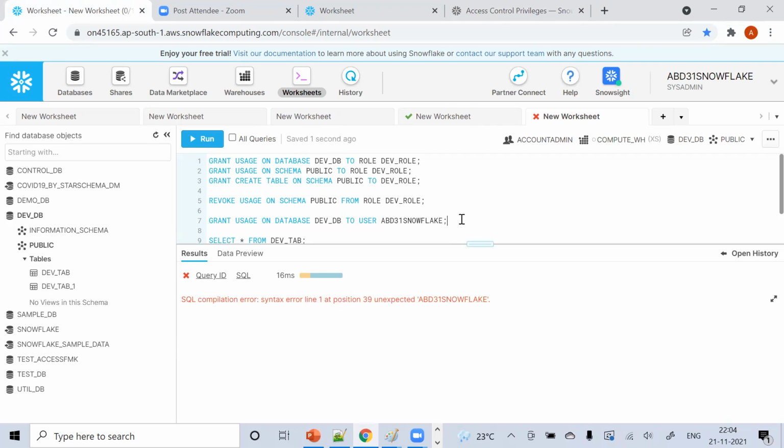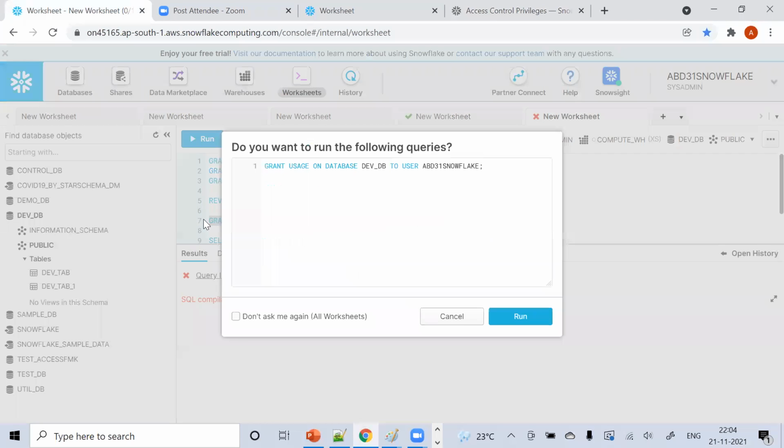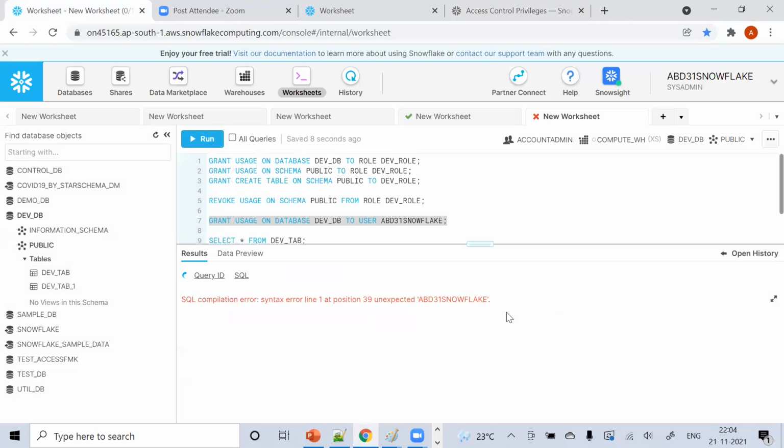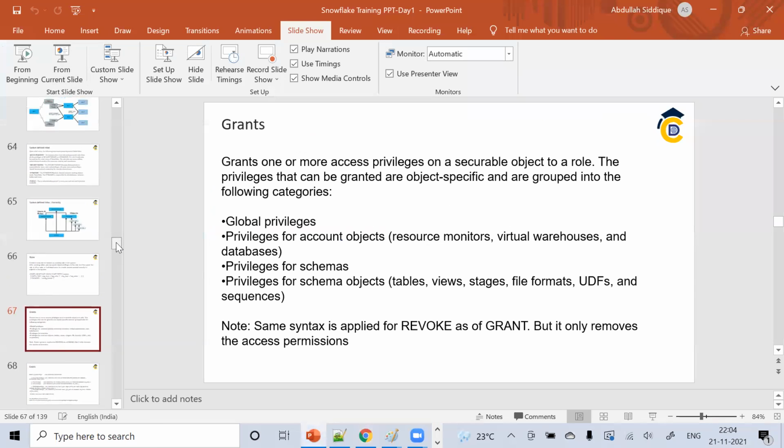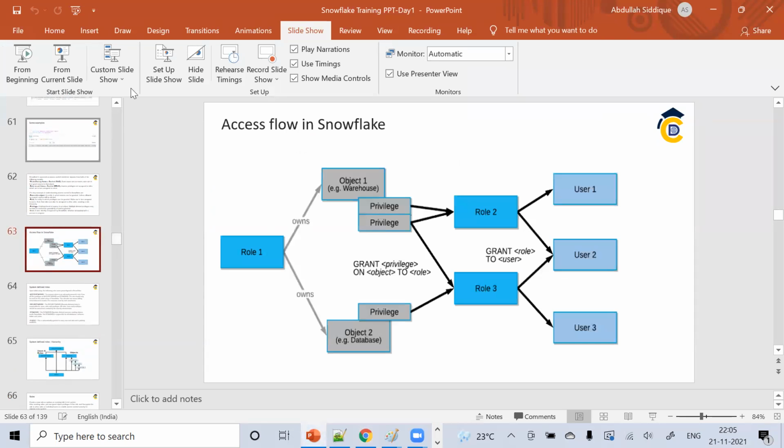See, it will give you error. There's nothing like that. Okay, so a grant on a particular object can never be given to a user. It has to be given to a role only. And this you can reiterate